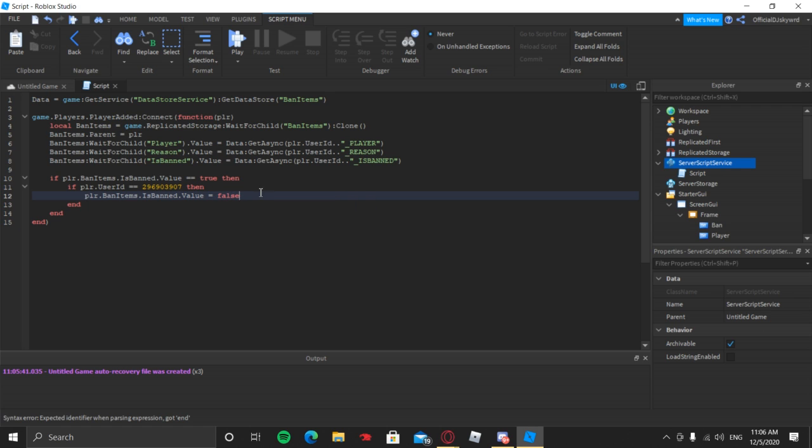So when you set this value to false, this is gonna unban them. So yeah, and then after this if statement, in order to ban all the other players that don't have this user ID, you can just press enter, and then you can say else, and then you can do plr colon kick, and then parentheses. Then what you're gonna put in here is quotation marks. You can say you have been banned by, then outside those quotation marks, we'll do space, and then outside you're going to do